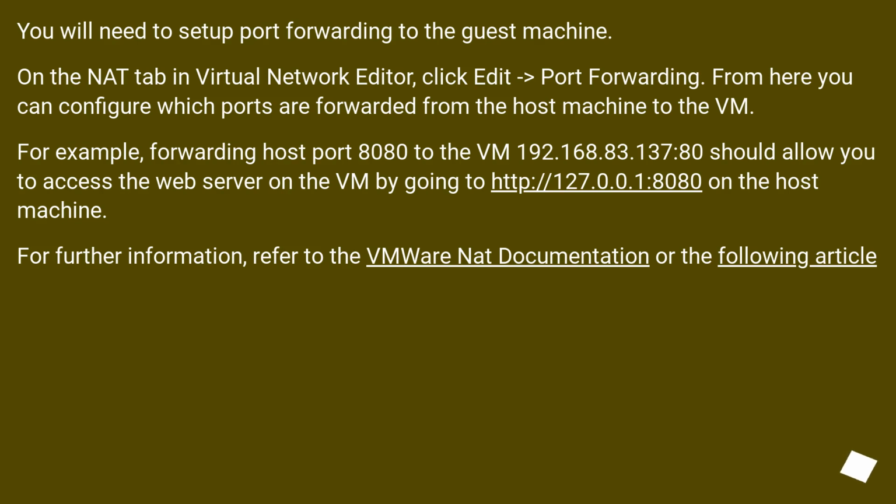You will need to set up port forwarding to the guest machine. On the NAT tab in Virtual Network Editor, click Edit, then Port Forwarding. From here you can configure which ports are forwarded from the host machine to the VM. For example, forwarding host port 8080 to the VM